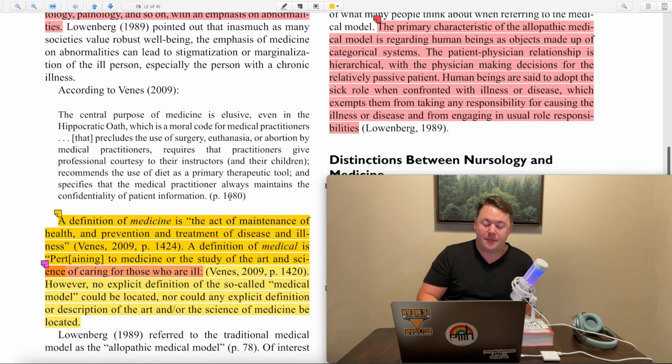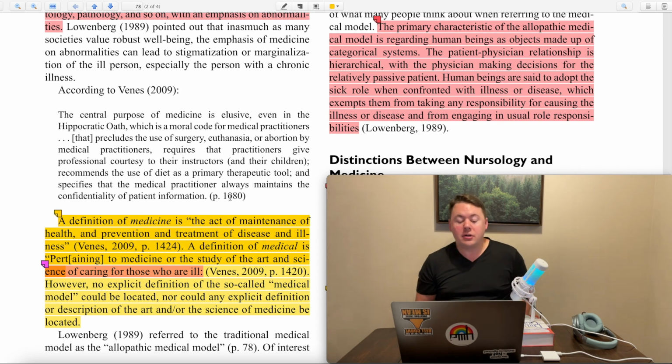She continues on, quote, a definition of medicine, note that she's defining medicine but has never defined nursing. A definition of medicine is the, quote, act of maintenance of health and prevention and treatment of disease and illness. A definition of medical is pertaining to medicine or the study of the art and science of caring for those who are ill. There is so much to unpack here. I'm not going to spend too much more time doing this because this is already way too long of a podcast. What I will say briefly,